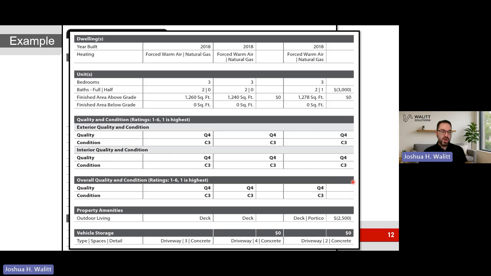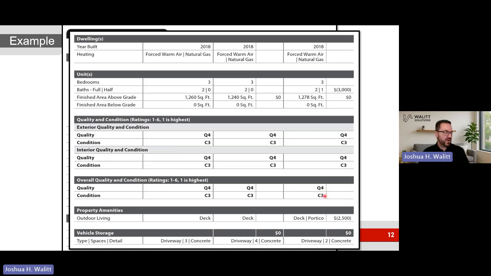You do adjust on the next section where my laser is pointing, the overall quality and condition, just like we do today. So that's not a change. They're not expecting us to make adjustments for exterior quality, exterior condition, interior quality, and interior condition. They're just saying overall, we want the adjustments like you do for quality today and as you do for condition today.